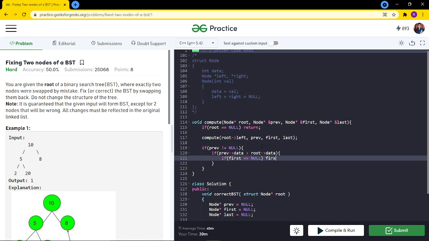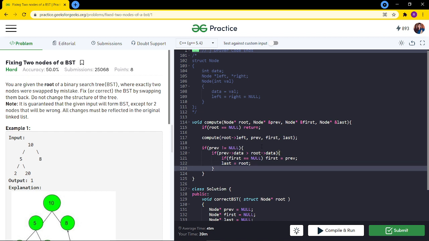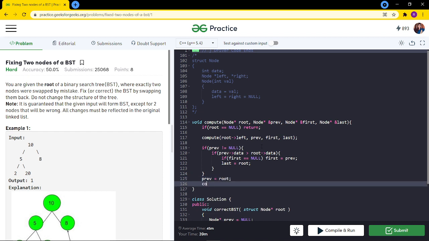I can simply update my first to the previous. And after this, I will simply update my last to the root. Okay, and I can simply get out of this if, and after this, I will update my previous to the root, and I will call this recursive function on the right of the root, passing all the parameters.